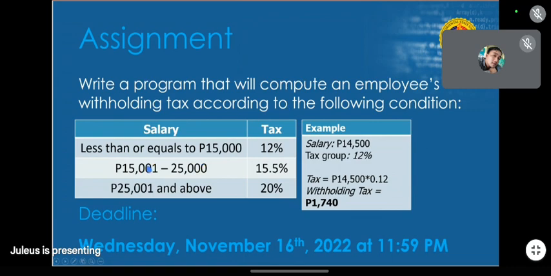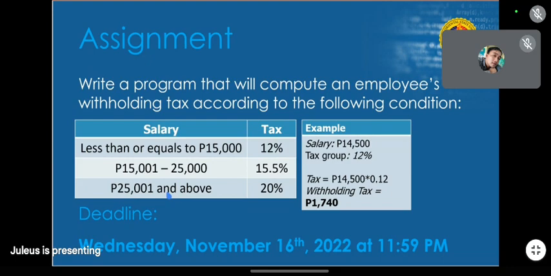So what you're going to do, you're going to use input and output function. It would be up to you to determine ug unsay salary sa user. So basically, you enter salary for all the conditions. So sa inyong screenshot unya, mag-enter mo og salary is below 15,000. The another screenshot is for the salary for 15 to 25, and another screenshot for 25 and above. So since there are 3 conditions, you're going to set 3 and put 3 outputs, okay? 3 screenshots, guys.